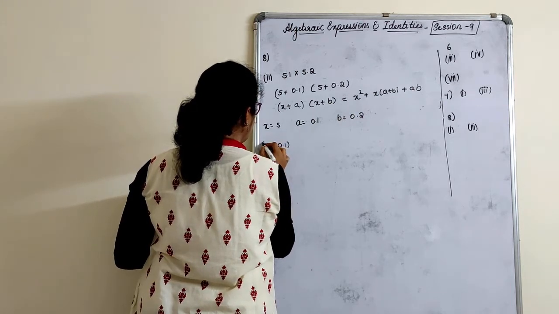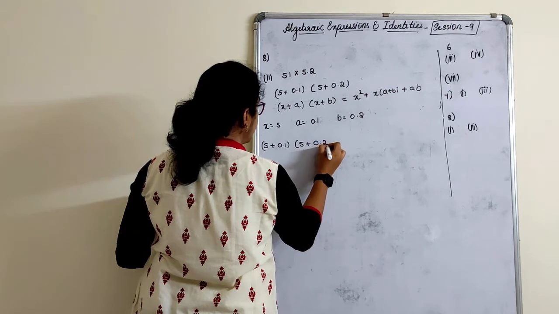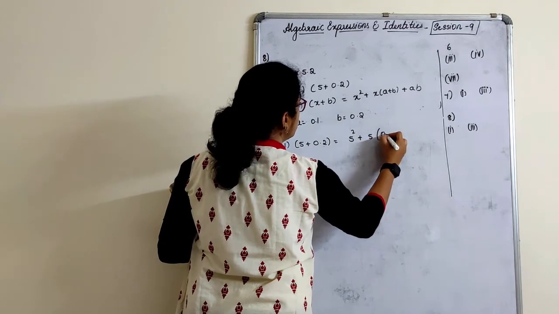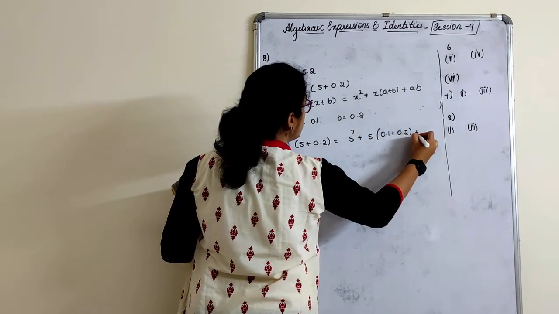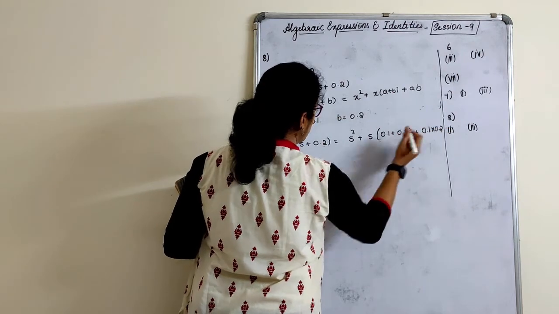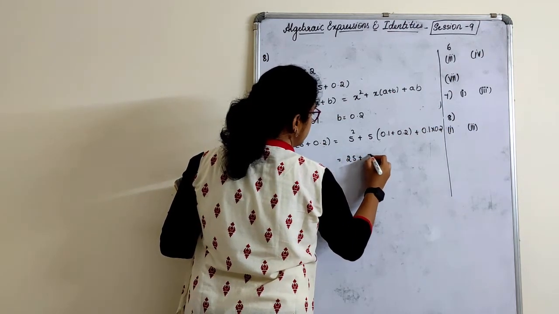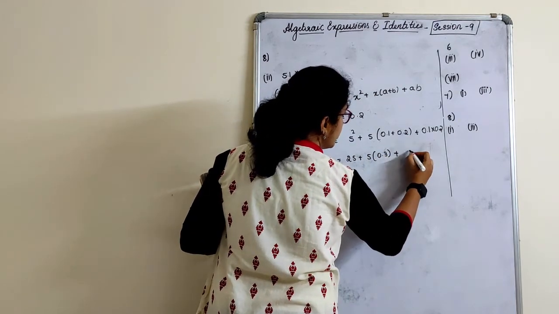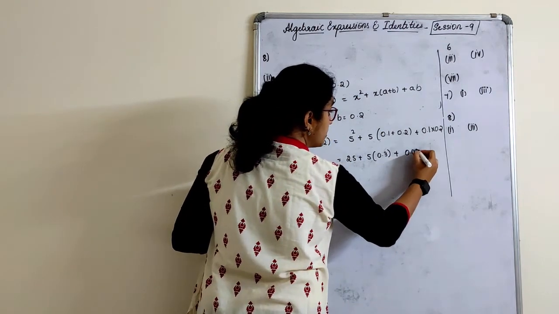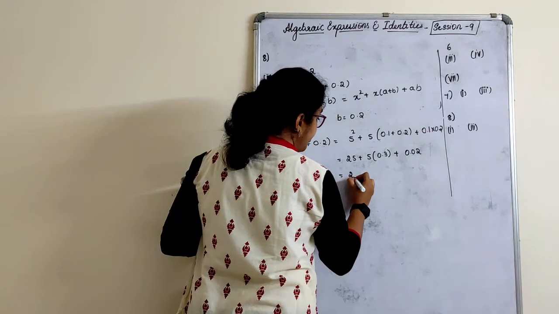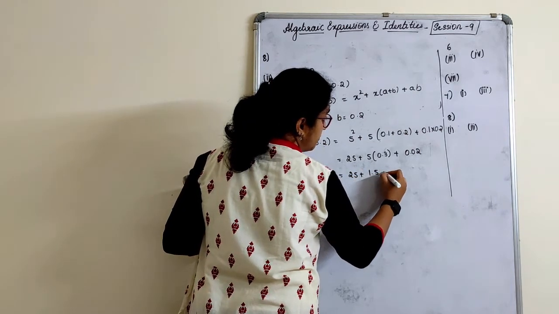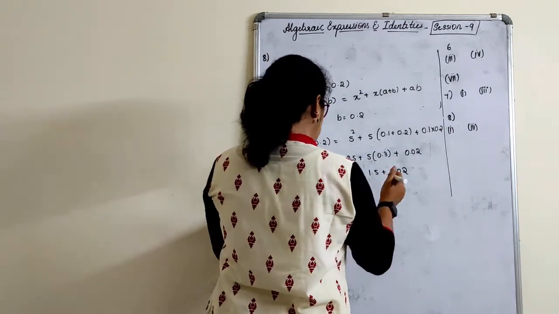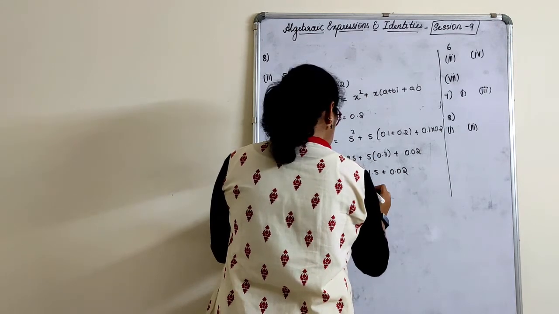So 5 plus 0.1 of 5 plus 0.2 is equal to 5 square plus 5 of 0.1 plus 0.2 plus 0.1 into 0.2. 5 fives are 25, plus 5 of 0.1 plus 0.2 is 0.3, plus 2 ones are 2, decimal after 2, 0.02. Okay. 25, 5 threes are 15, 1.5, plus 0.02. 25 plus 1.5 plus 0.02 will give you 26.52